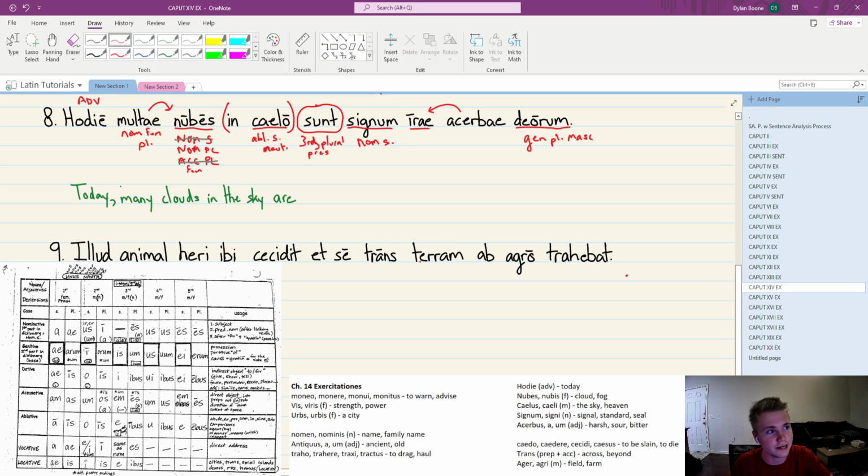It's all linking verbs. So we're going to take it as a nominative singular. Lastly, we have irae acerbae. So pretty obvious agreement going on there. But what is irae? It comes from ira, first declension. So with that, it could be either dative singular, genitive singular, or nominative plural. Well, we know that nube is the subject of the sentence. We also know that we have a sign. We need a little more details of that sign. So dative or genitive might provide that.